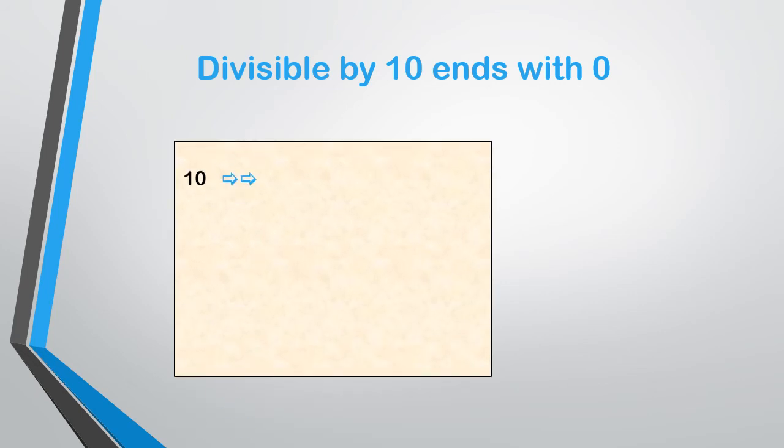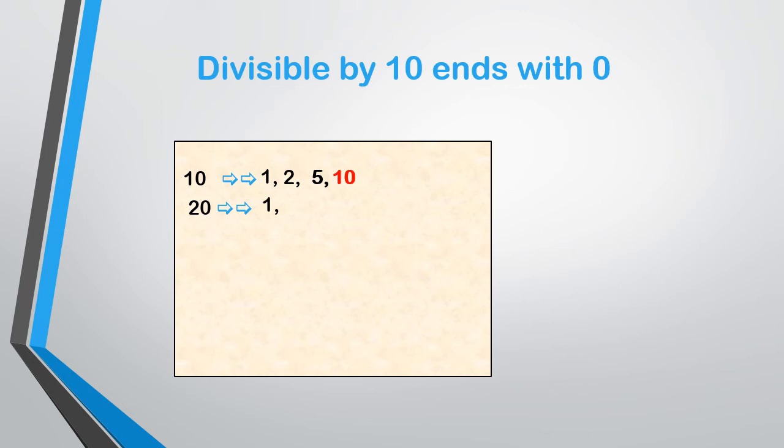Okay, now we are going to find out the factors for 10. 10 comes in one table. Then 10 comes in 2 table. It doesn't come in 3 table. Then 4 table also it doesn't come. Then 5 table. Okay, 5 2s are 10. Then 10 table. Now 20. 20 comes in one table.